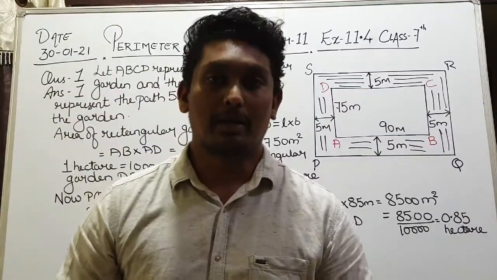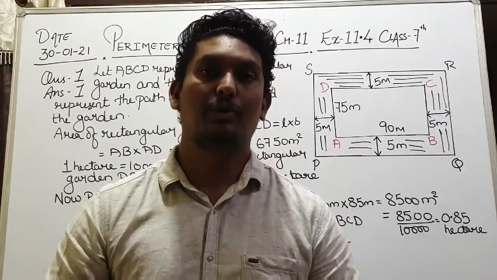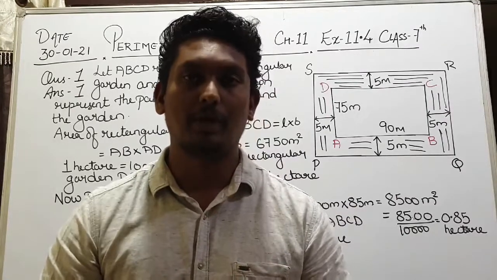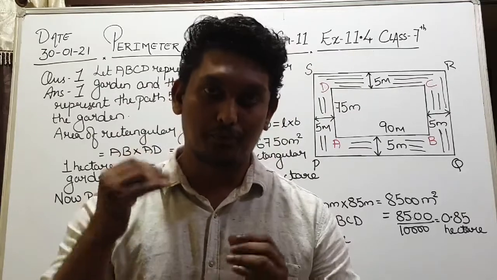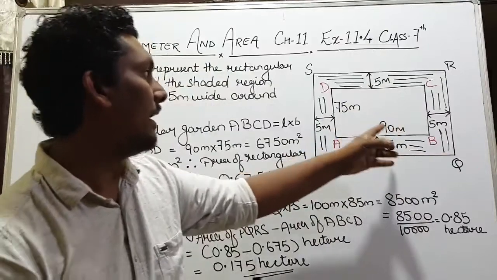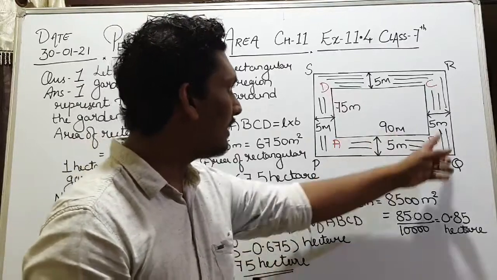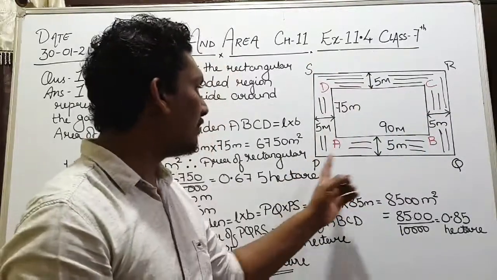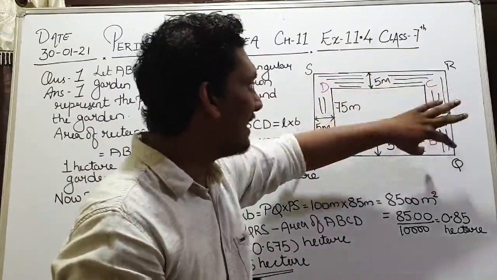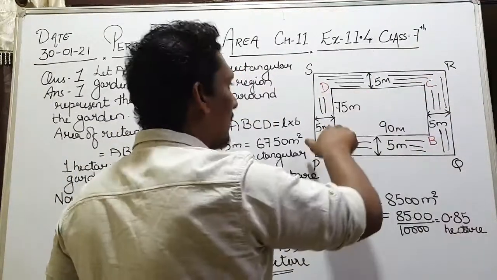So first thing I want to make clear about this type of question is that you have to draw the figure on your own. The figure will not be given in the question, okay? You have to think and make the figure, and according to the figure, we have to solve the question, right? So we are talking about the garden whose length is 90 meter and breadth is 75 meter. That garden, I have written with red ink, that is ABCD. And this PQRS is that path which is 5 meter wide, built outside the garden, right? Path is made outside the garden, that is of 5 meter.